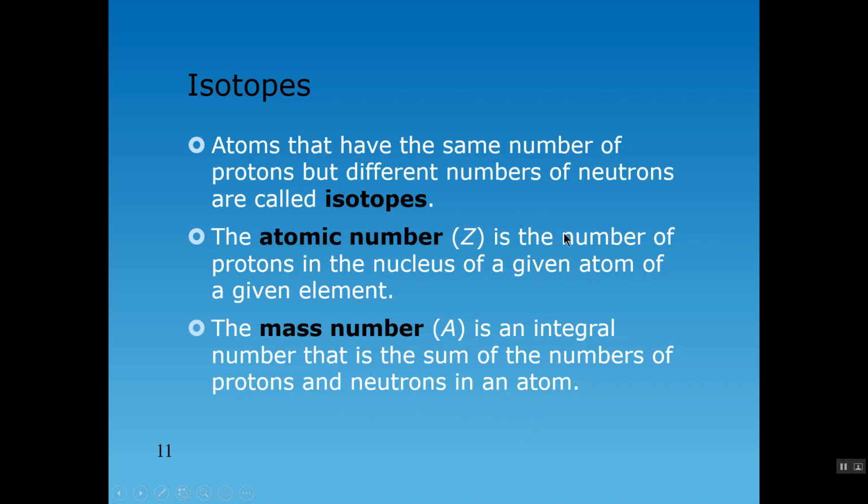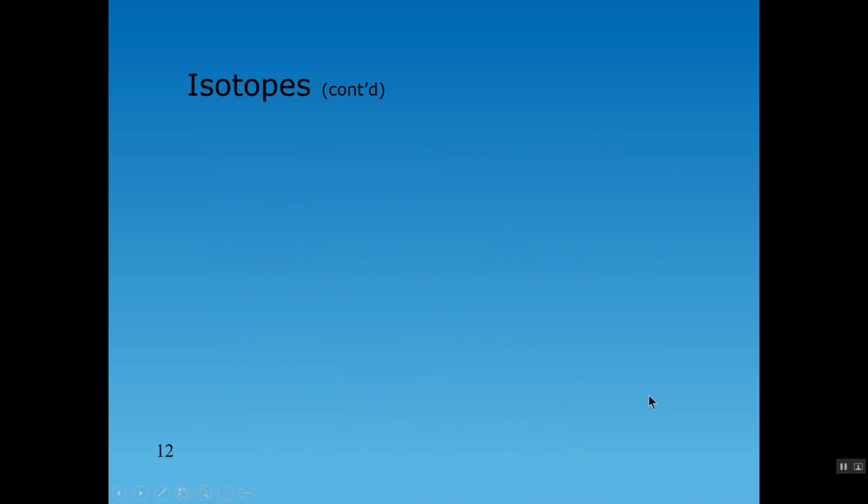Universally, uppercase Z is used to represent the atomic number, and uppercase A is the symbol used to represent the mass number, all right? And of course, if the atomic number represents the number of protons, and the mass number represents the sum of the number of protons and neutrons in the atom, then we can easily calculate the number of neutrons by simply finding the difference between the mass number and the atomic number. Okay,